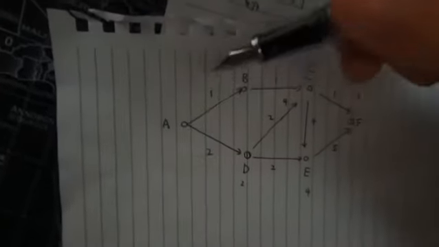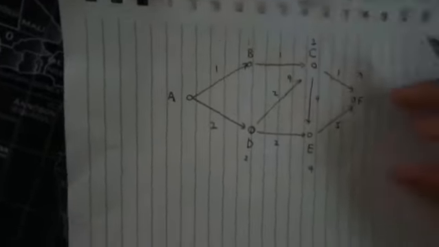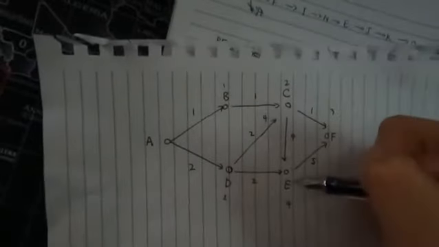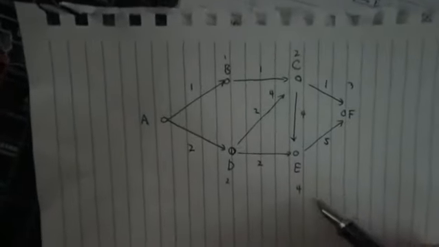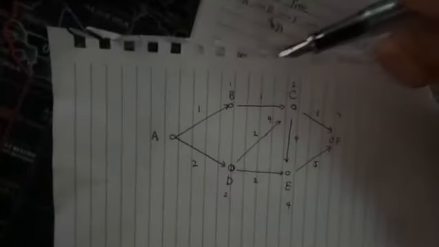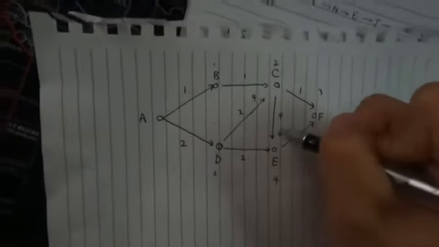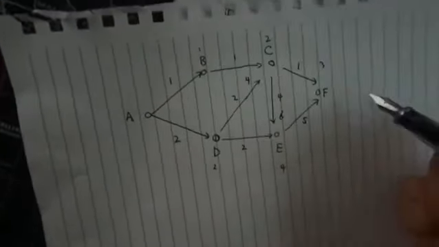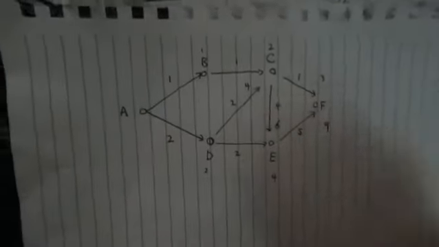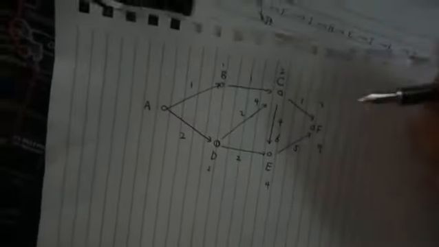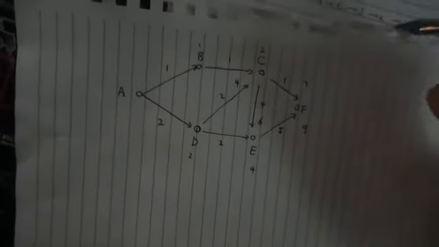But if we want to go from A to C, then obviously we'll choose the shorter path that goes through B instead of going through D. And from here we have 2 other scenarios if we want to go from A to E. Obviously, we want to choose A, D, E, and that'll be 4 rather than A, B, C, and then E, because that'll be 2 plus 4, and that'll be 6. Obviously, we want to choose the shorter one, so that'll be E. And from E to F, we'll have 4 plus 5, and that'll be 9. And obviously, that is a lot larger than A to B to C to F,